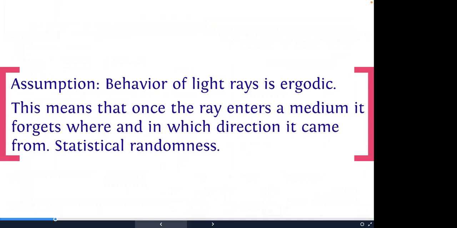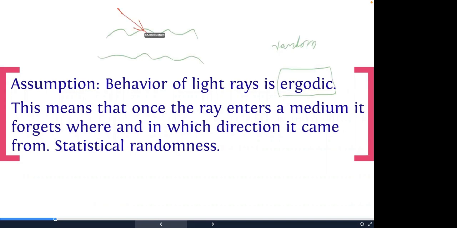Now, there's a very important assumption in what we just said, which we didn't cover in any detail, is that we are going to assume that the behavior of light is ergodic. And what does ergodic mean? Ergodic means it's essentially random, and random in the sense of the direction of light. So in other words, once the ray of light enters the medium, so I have this textured medium, and I have a ray of light which is entering